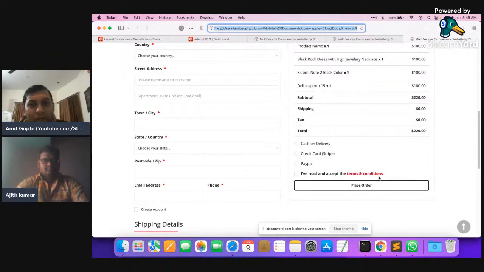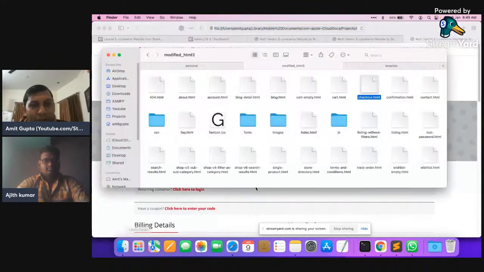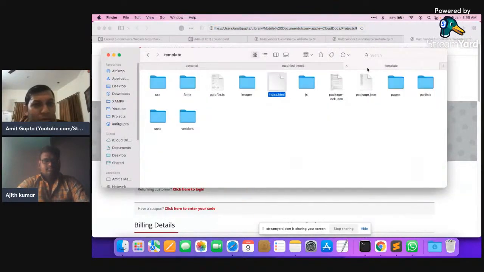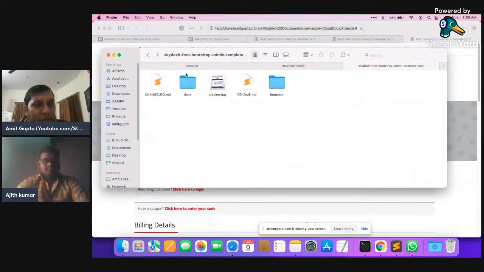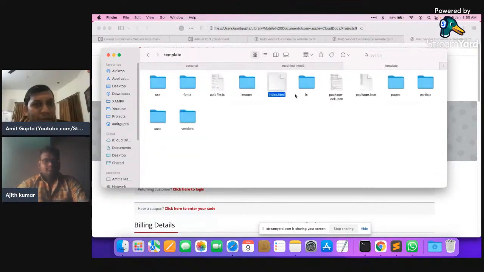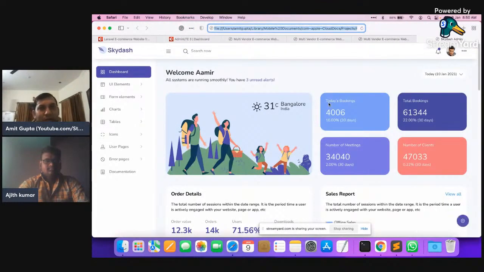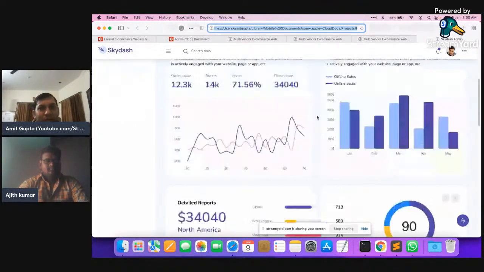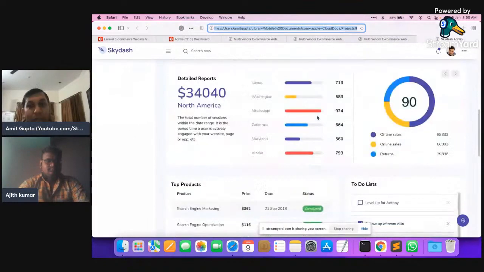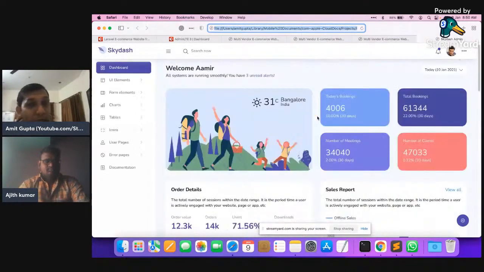And see, we are going to use the admin panel, and I am going to use one of the best admin panels for this one. I'm going to use the Skydash admin panel. That is one of the best admin panels available online. So this is the admin panel that we are going to start for our Laravel e-commerce multi-vendor website in Laravel 9.